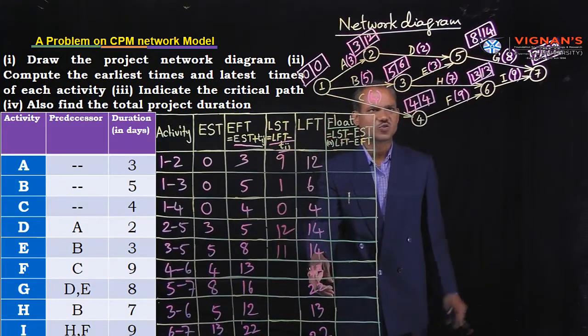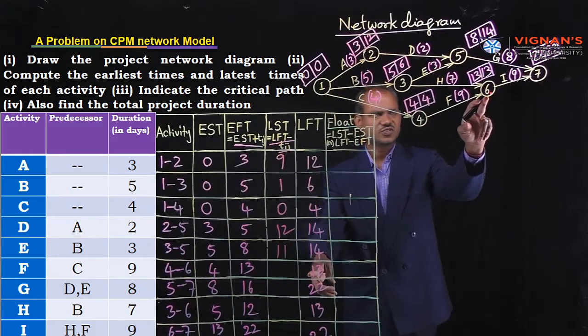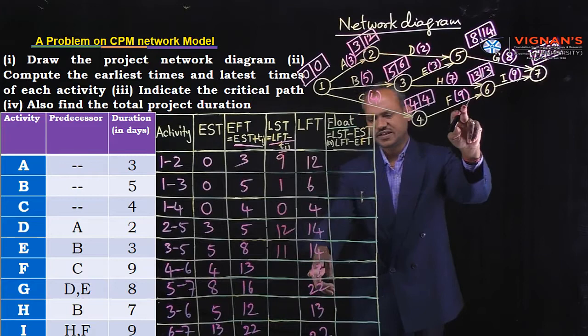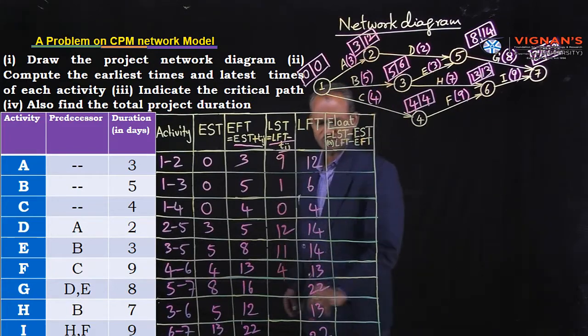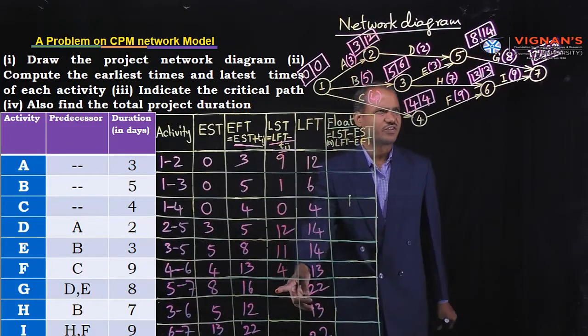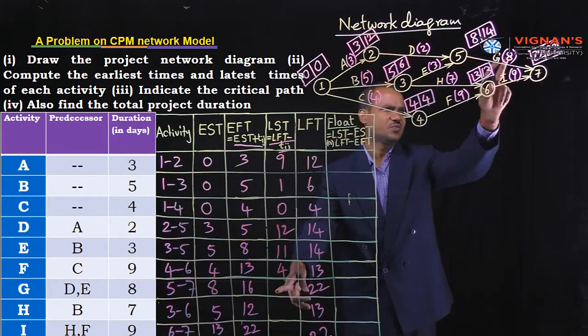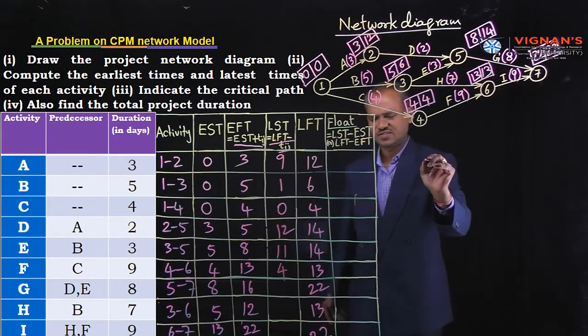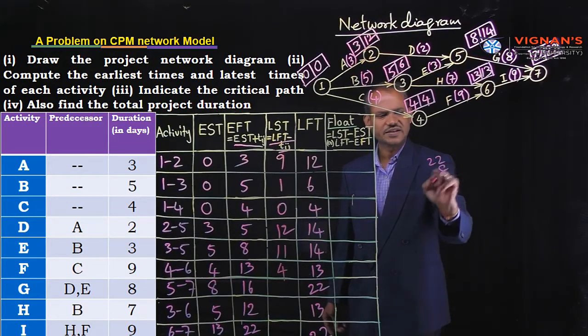Next, 4 to 6. LFT minus activity duration: 13 minus 9, 4. Next, move to 5 to 7. That means G activity. Duration is 8. 22 minus 8,